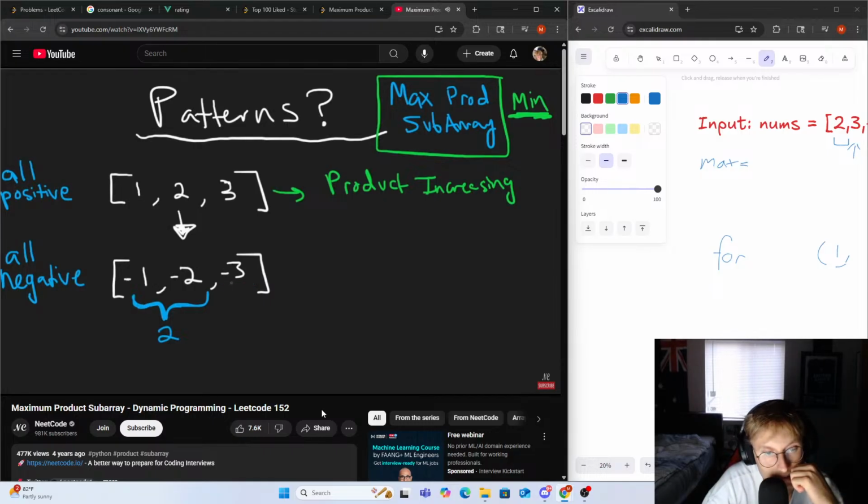So I'm going to say get the max product subarray, which is positive 2, but let's also get the minimum product subarray of these two as well. And what do we know about the minimum? What's the minimum product subarray of these two? It's going to be negative 2. So I'm going to keep track of